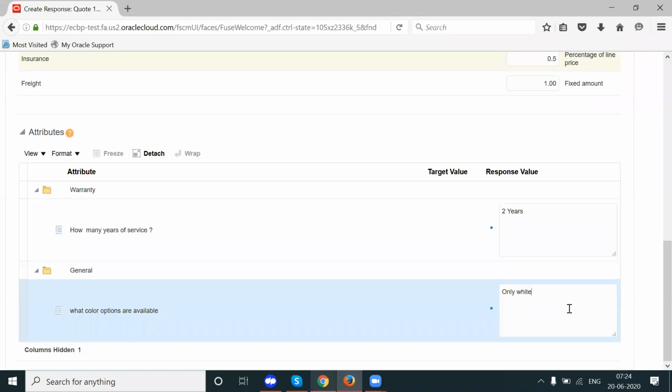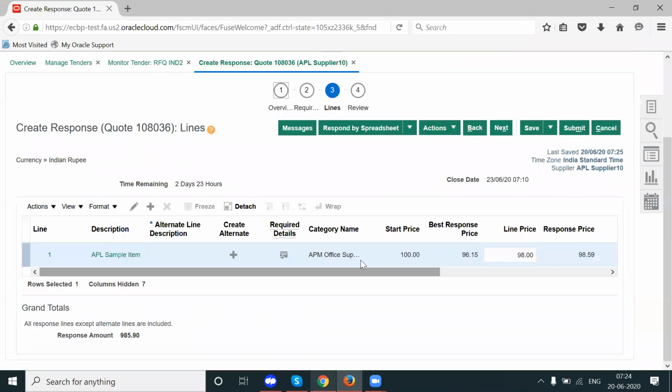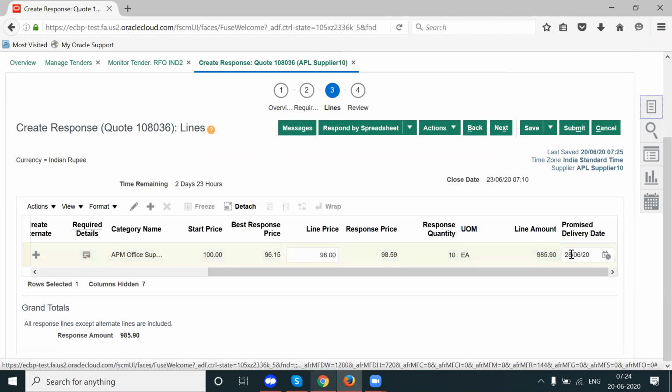I'm trying to rule out this supplier in all the cost factors, in all the areas. And the delivery date also, I cannot deliver by 26, I can deliver by 28.